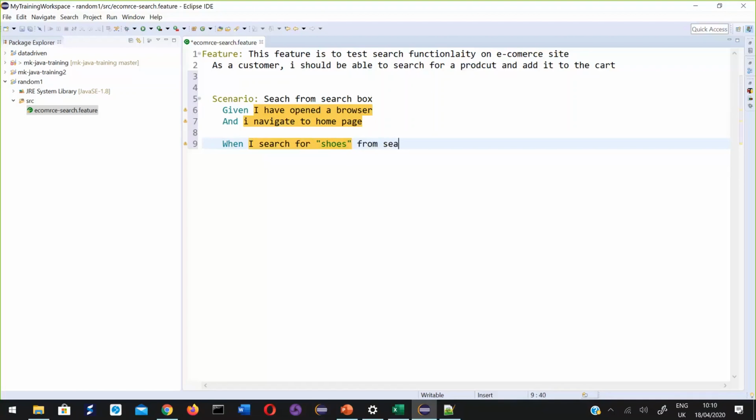Shoes is the keyword. Or I enter shoes in search box, and this is another test step. This is first test step. This is second test step, and I click search button.